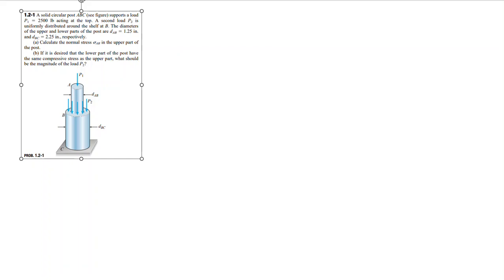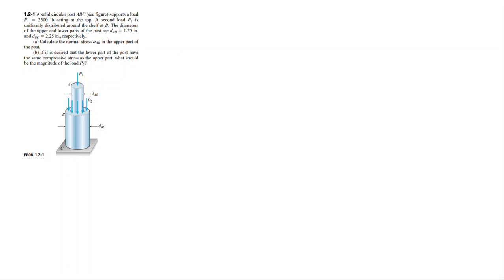Hello, students. Let us work on the following problem of mechanics of materials. You have a solid circular post ABC that supports a load of 2,500 pounds. This is P1 acting at the top. And there is a second load P2, which is uniformly distributed around the shelf at B. So it's basically a distributed force acting in this kind of ring